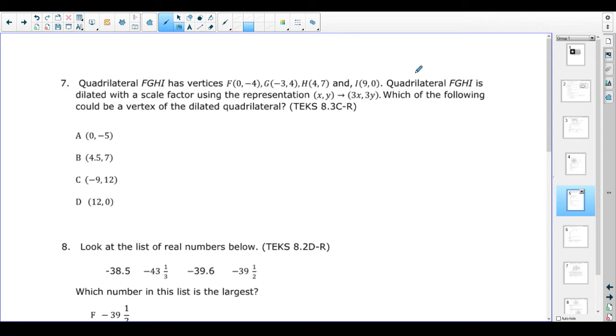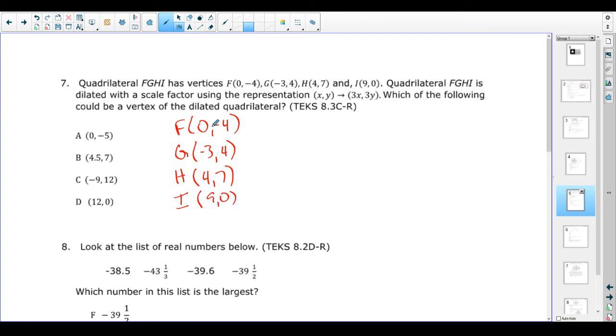Number 7. Quadrilateral is dilated with a scale factor using the representation x, y goes to 3x, 3y. Which of the following can be a vertex of the dilated quadrilateral? Alright, so I'm just going to copy my original points down. 0, -4. And you could plot this as well. That would be fine, but I don't have time for that. I'm just going to do math. 4, 7, and